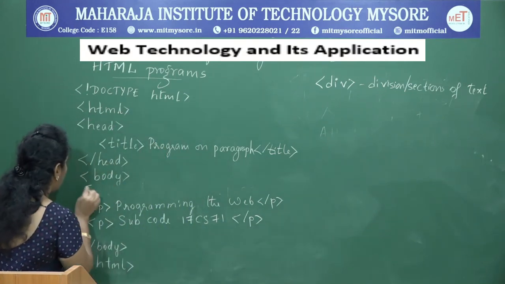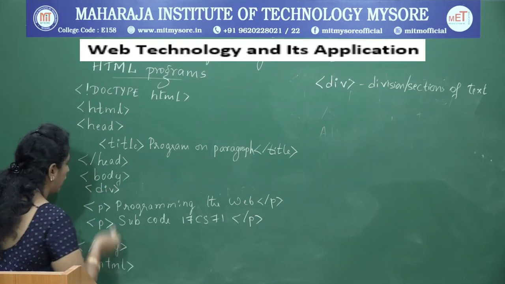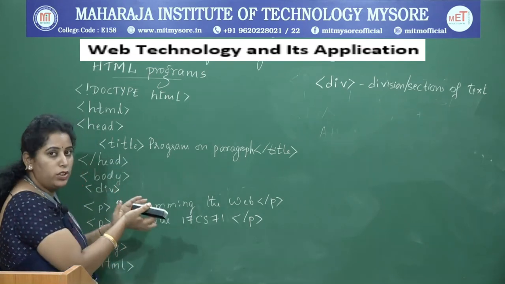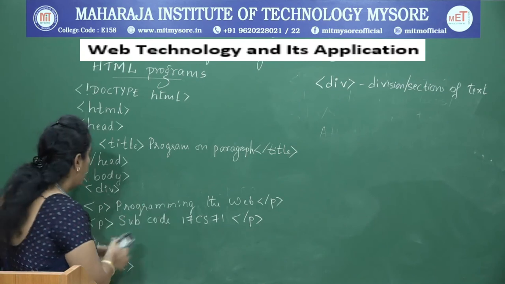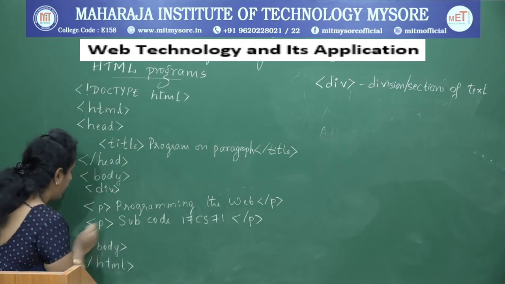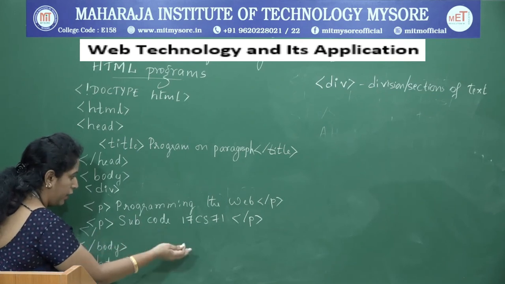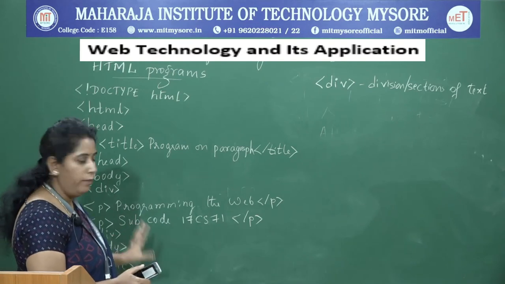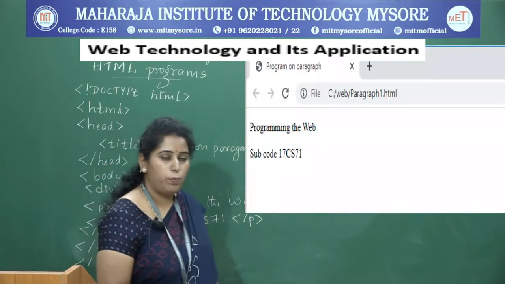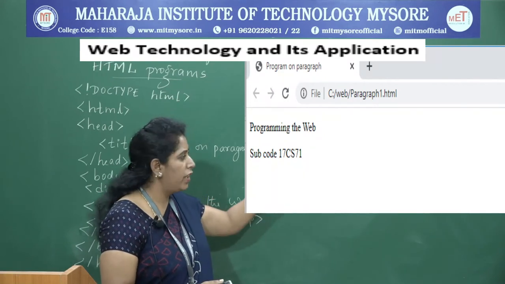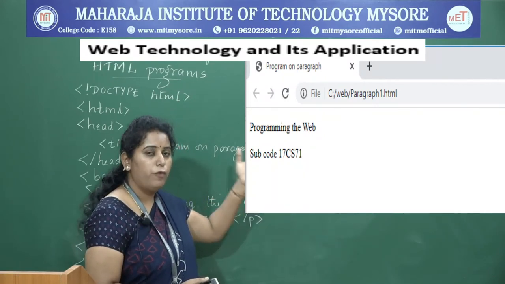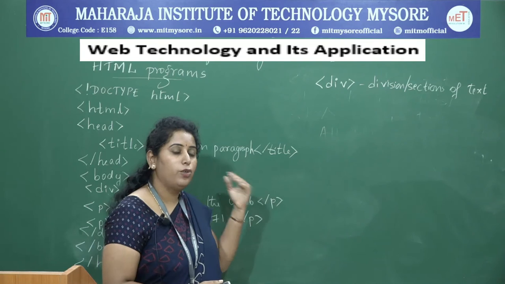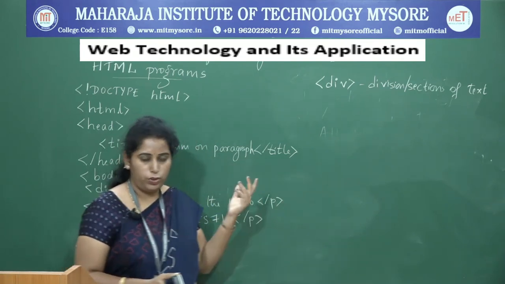For example, how to implement it means div. You want to group all these texts to form a single text. I mean to say, to form a single section. By that time you can use the div tag, and after ending all the paragraphs you need to close this tag. Okay. So now when you run this program, you can notice the output. There is no change in the output at all. Before using the div tag and also after using the div tag, the output remains the same. Then you can have a doubt, what is the use of using the div tag?